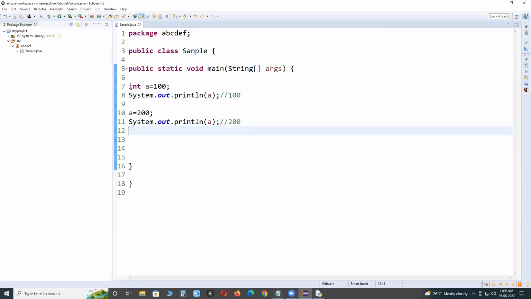Suppose here, int is a keyword. If you want to start a condition block, if is a keyword. If you want to create a loop block, for is a keyword. For a while block, while is a keyword. All these are keywords.